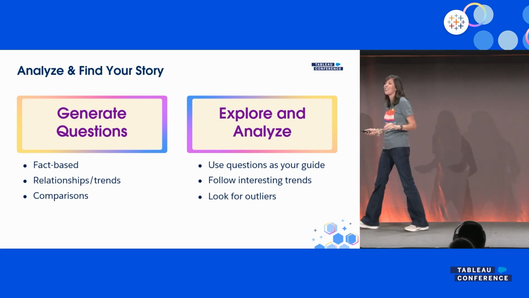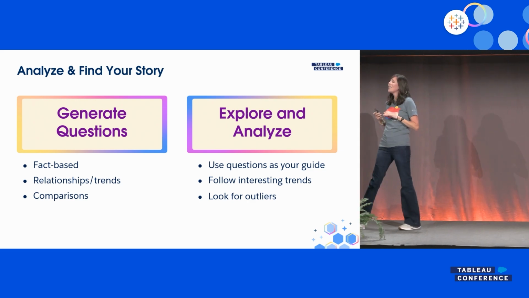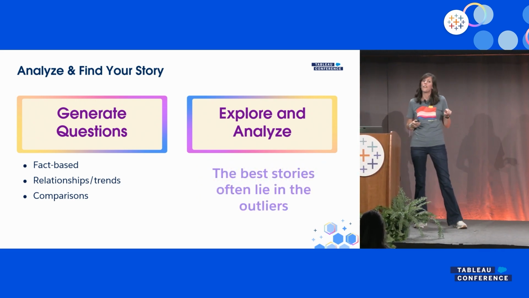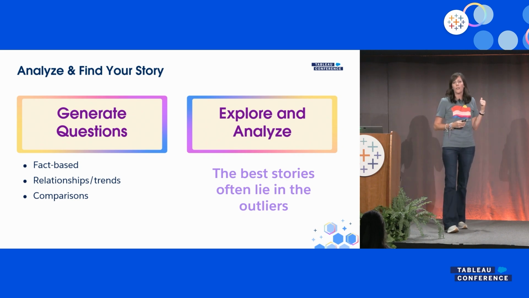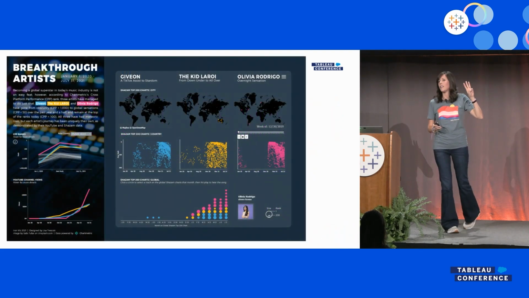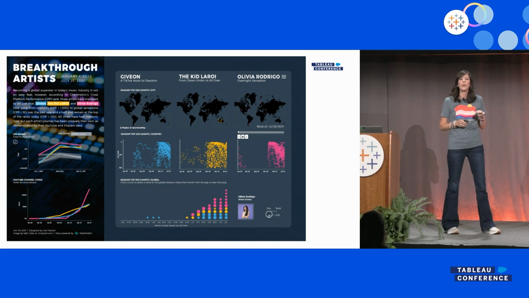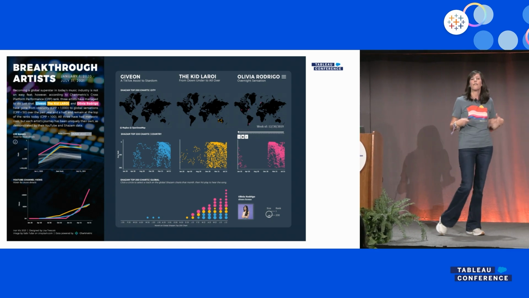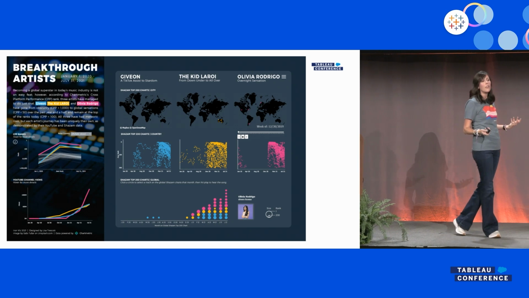No, don't do that. I know we want to, but a lot of times, the best stories you're going to find in your data are in those outliers, right? So make sure you're digging in and paying attention to them. And if you don't believe me, my Iron Viz was 3 outliers, right? These 3 people were doing something different than everyone else in the data, and that became a very interesting story